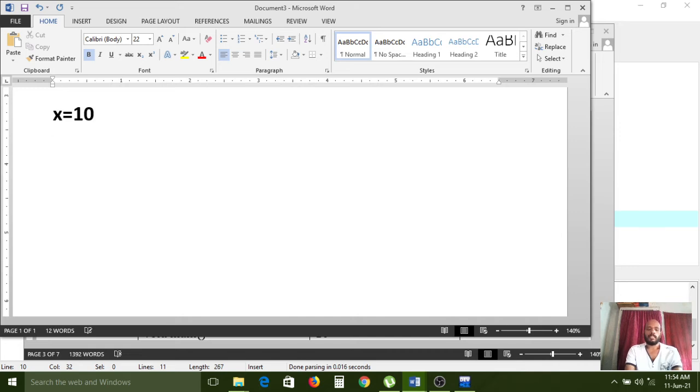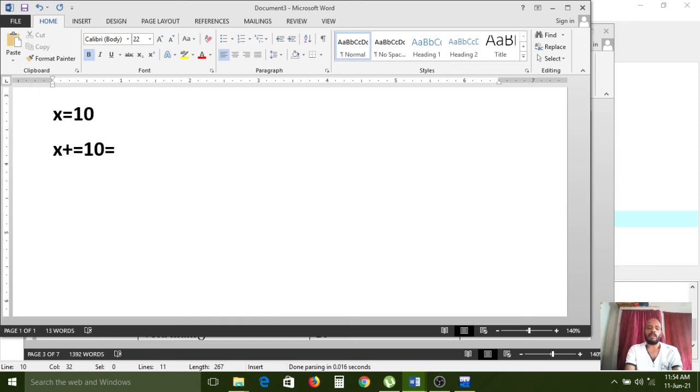Next, x plus equal to 10 I have given. If you use the plus operator and the equal symbol like this, this is post addition.